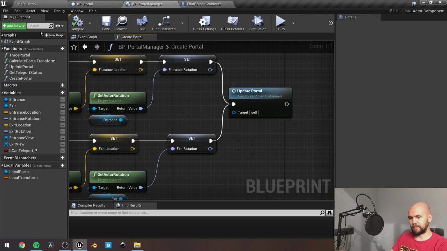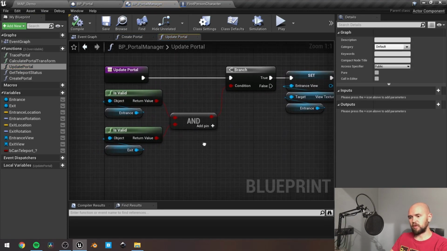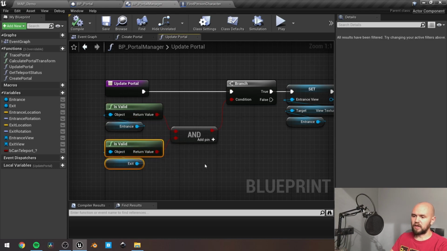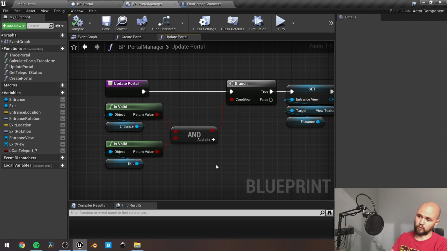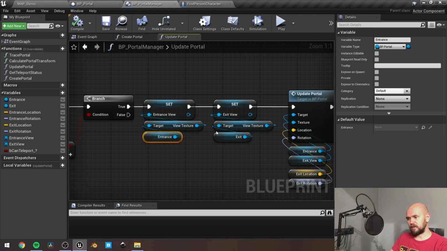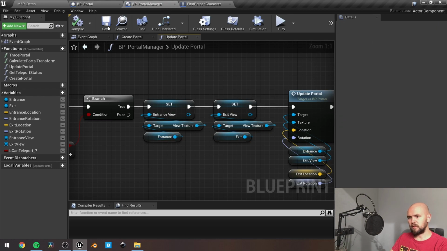This function is also made inside our portal manager. Update portal is this one. It checks whether our entrance and our exit are valid, so they exist in the world. If it's so, the next thing is to store the render targets from each of our portal. Entrance and exit, as you know, is our portal, and here